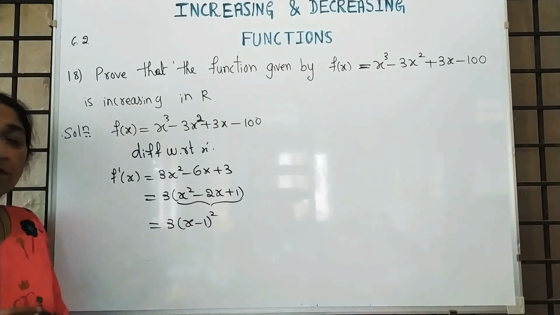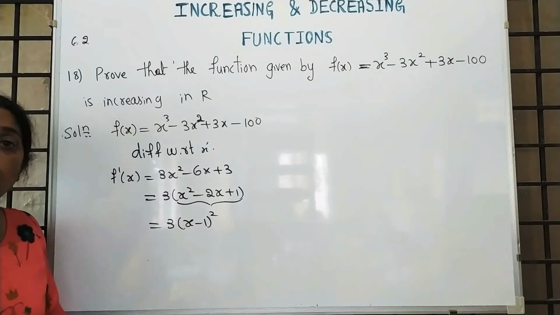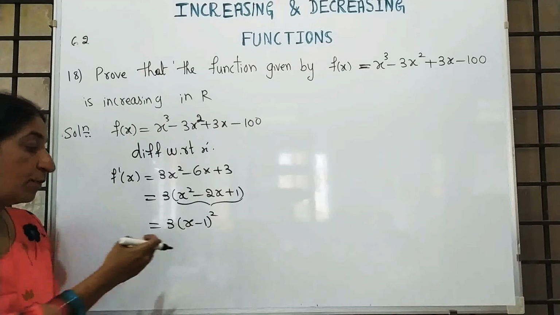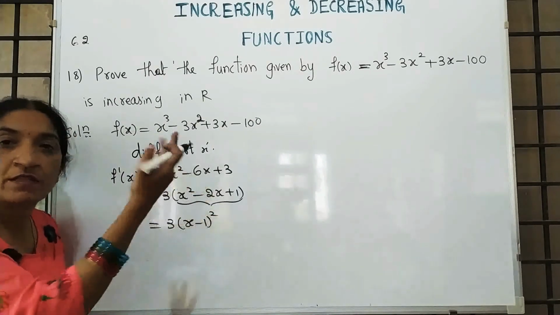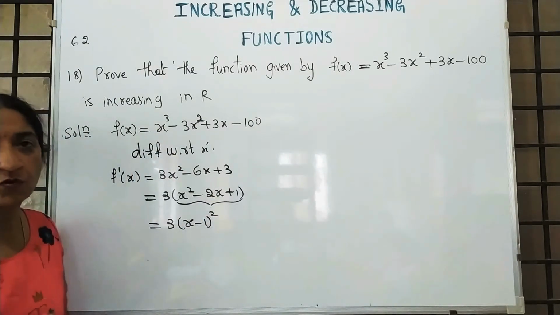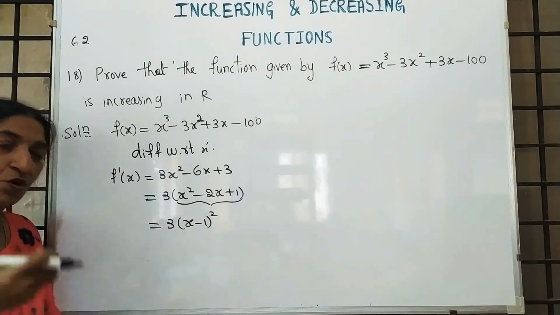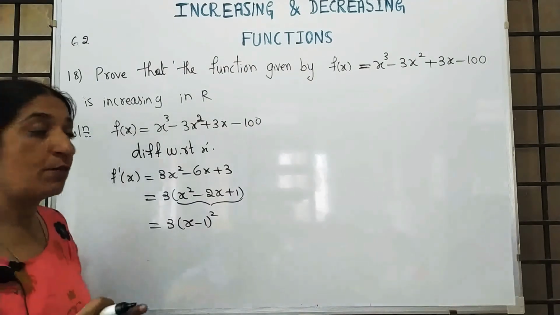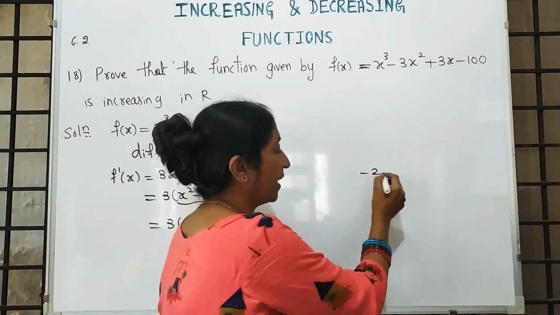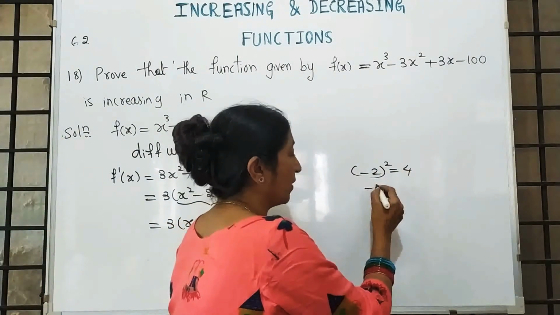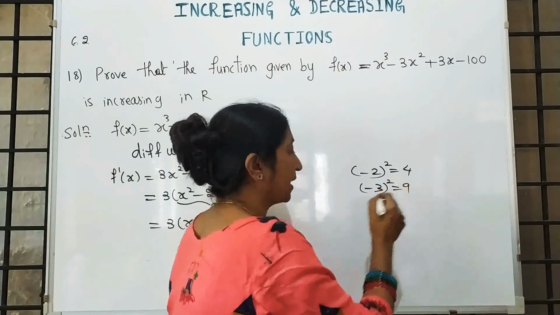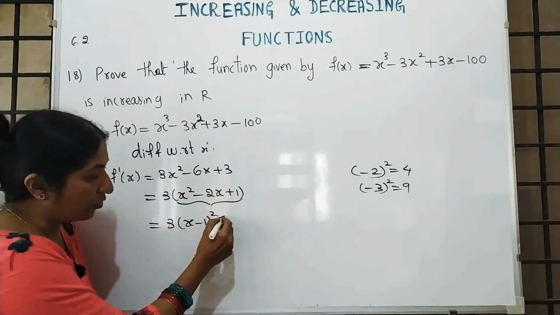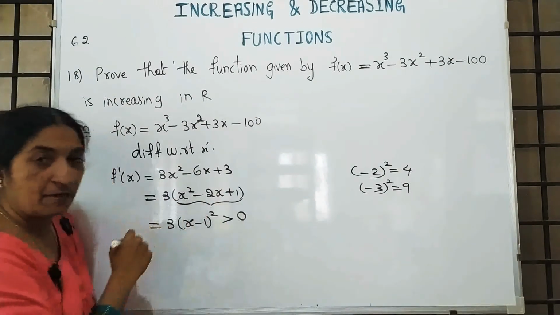It is x minus 1 whole square, and you are familiar that the square of any number is positive in the set of real numbers. Suppose we get minus 2 square, it is plus 4; 2 square is 4. If it is positive, it is already positive. If it is negative, the square of a negative number is also positive. See here, minus 2 whole square is 4, minus 3 whole square is 9, like that. Square of any number is positive, with 3, that is also positive. That means it is greater than 0.